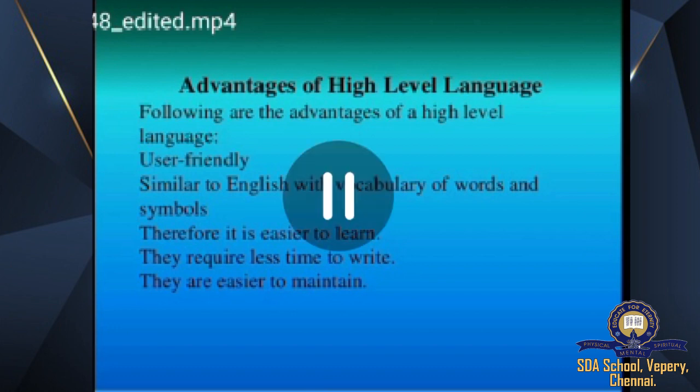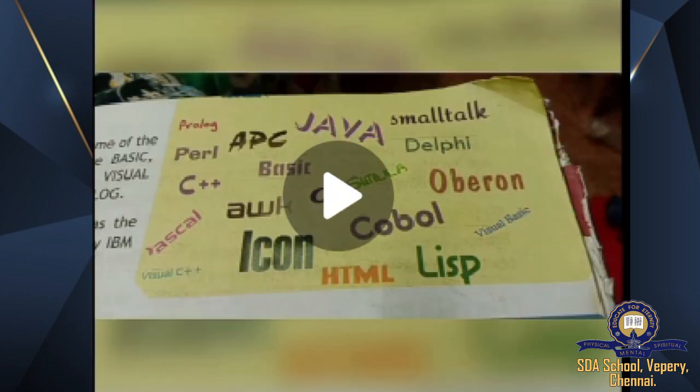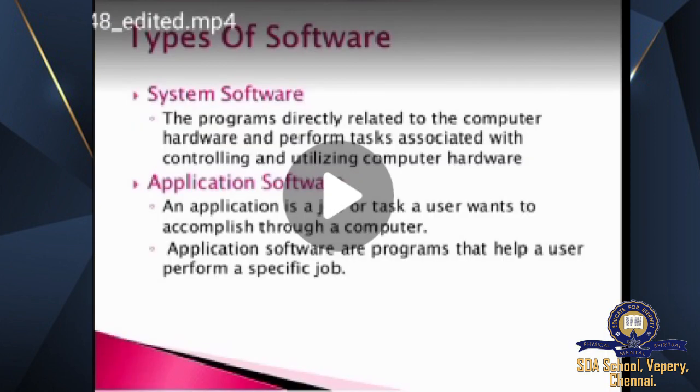As I have already told you, we can learn Pascal, C, Visual Basic, C++, Java. All these things we can learn in high level language. Now let's go to another topic called software and its types. I hope you all have understood what I have told till now about assembly language, machine language, low level language, high level language, and all these things. So now let us go to types of software.